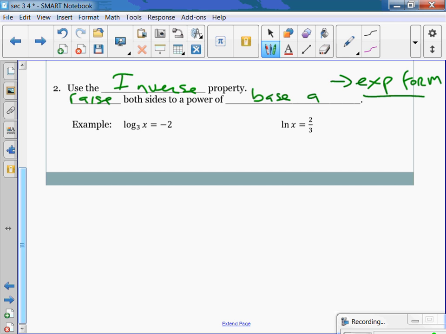So 3 raised to the log base 3 of x. What happens with the 3 raised to log base 3 of x? Cancel. x equals